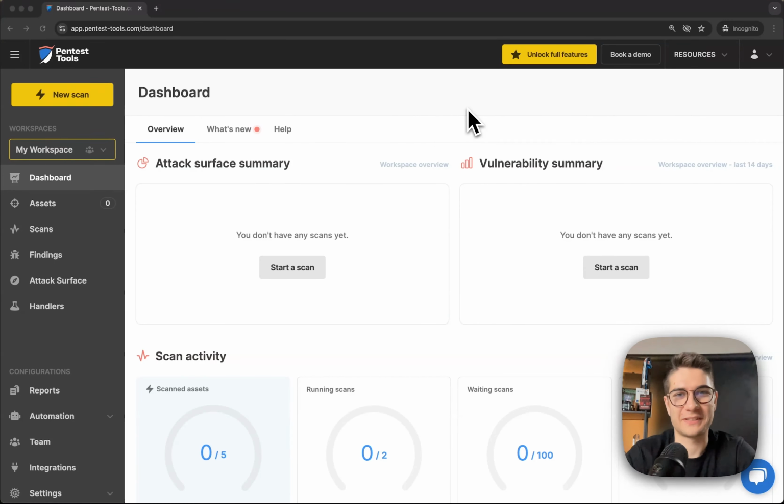Hey everyone, we've got some exciting news for all of you who are using our free pen testing toolkit. Two awesome new features make keeping an eye on your targets a breeze. Schedule your favorite scans to run automatically every week or every month, and get email notifications for new findings compared